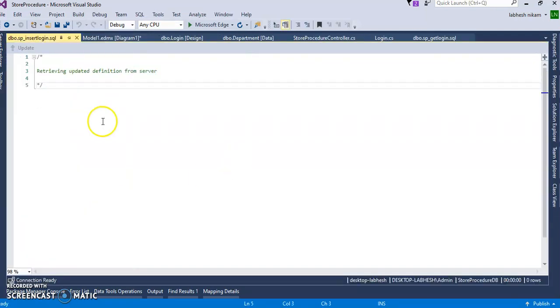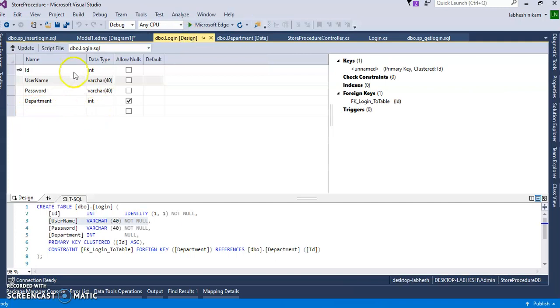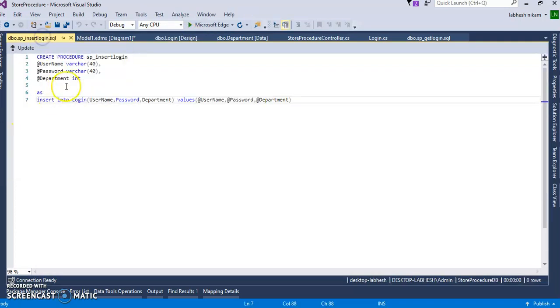I will now add another property, department, along with username and password, and the department integer in the login table. Insert into login username, password, department values, at the rate department parameter. So here it is already completed, the stored procedure is ready, and the table data is also ready.